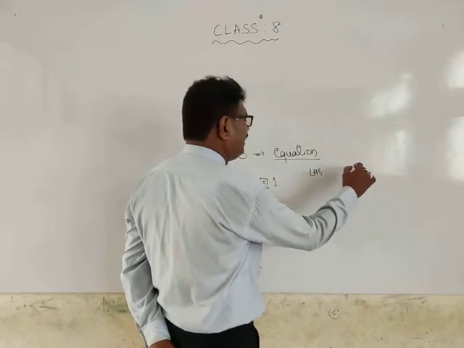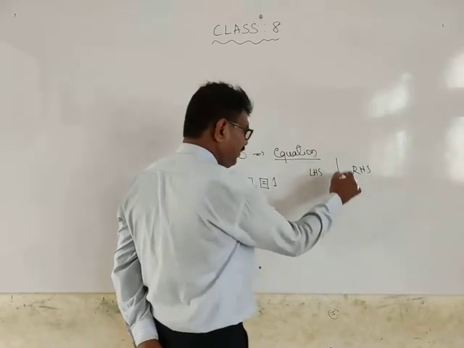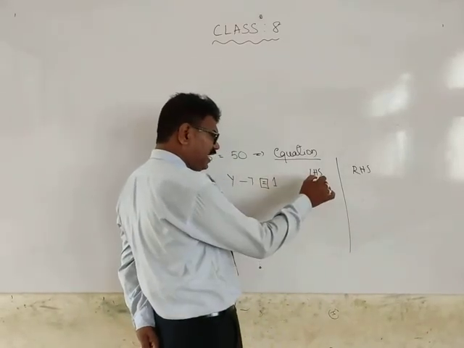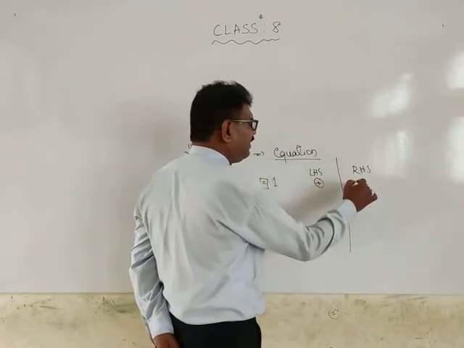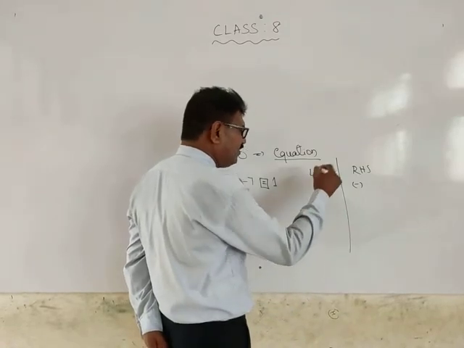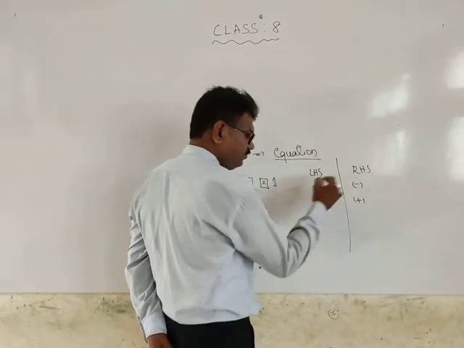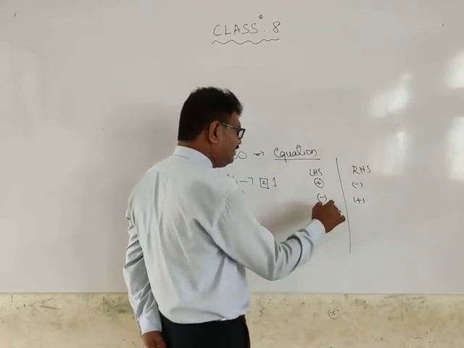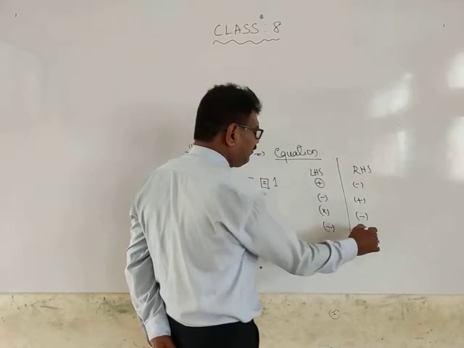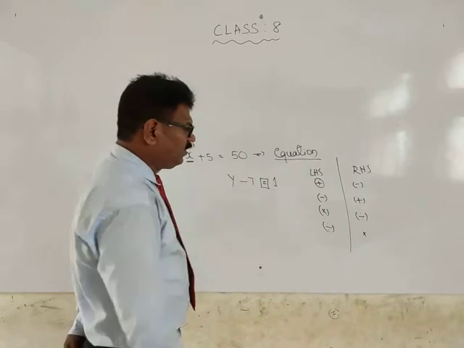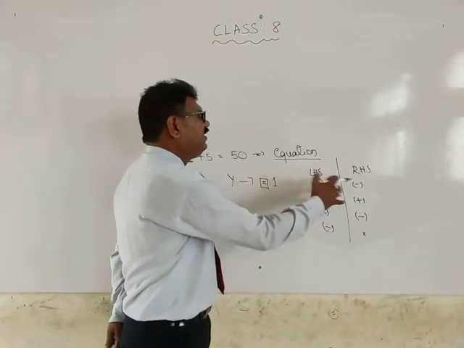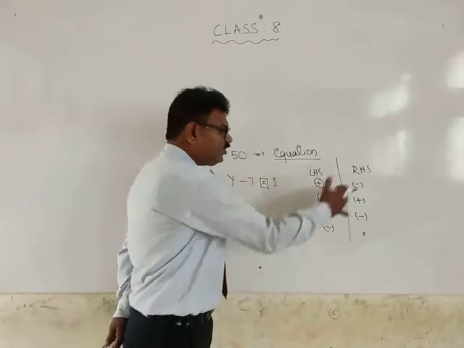See, LHS and RHS, very important. These are the basic points. If a number having plus goes to the right side, it will change to a minus sign. If a minus sign goes to the right side, it will become plus. If a multiplication sign goes to the right side, it will become divide, and division will become multiplication. Did you understand? So these are the 4 fundamental operations, and how they act depends on the problem.